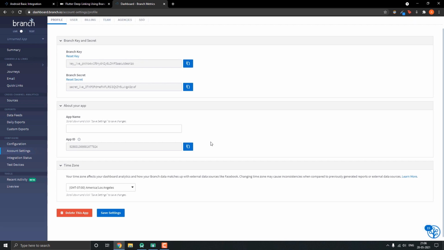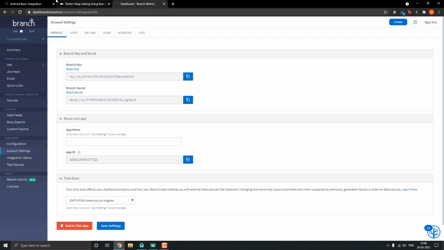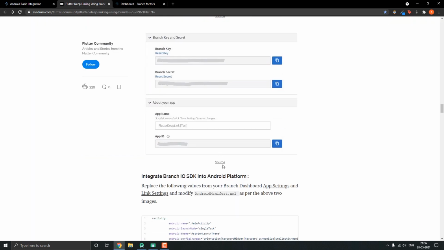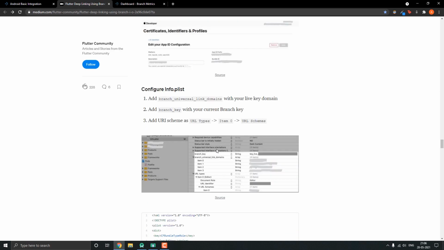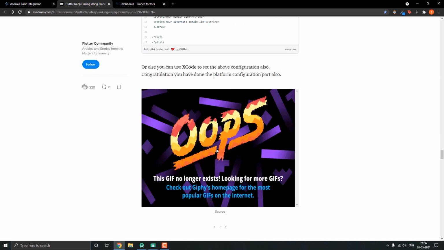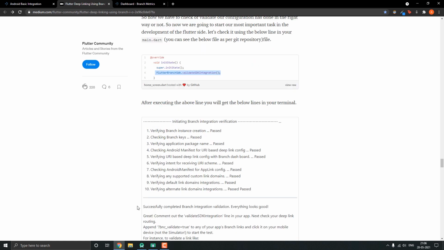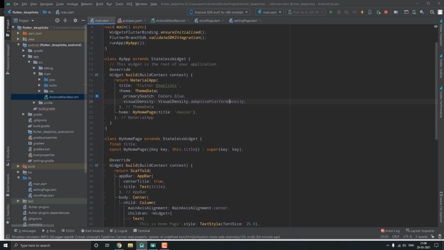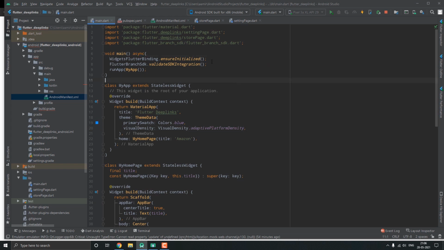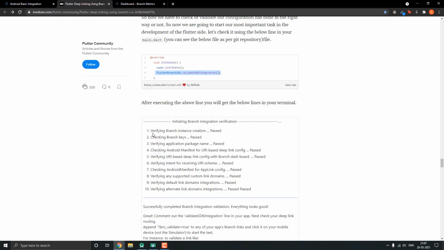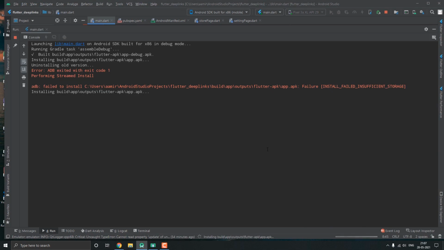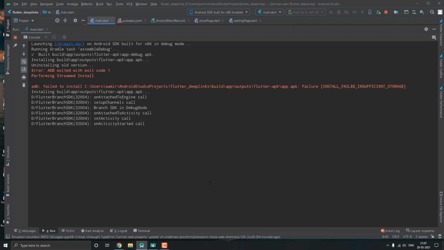After this we have almost done everything that is required in our setup. Now we just need to add a few lines of code in our main.dart. So first go to our main.dart, and in our main function let's make it async, and then we just add these lines. Now after you run your app, you should see, for the first time after doing the setup, these lines,